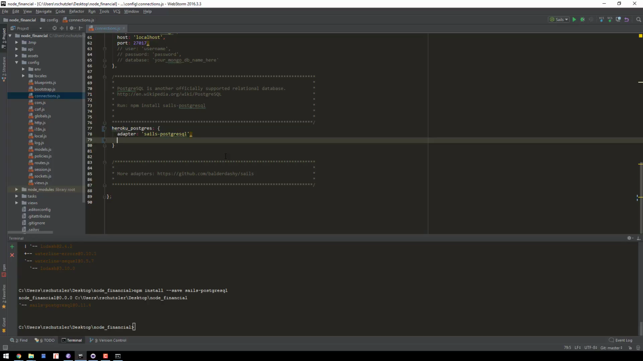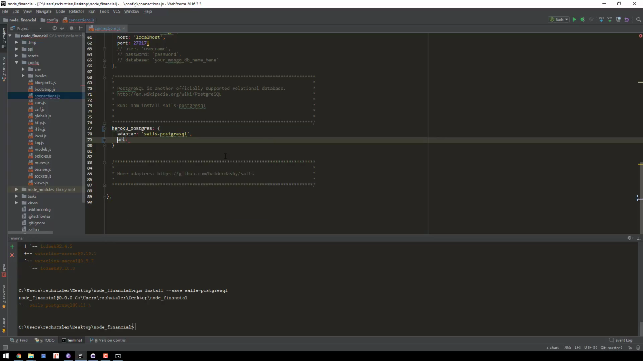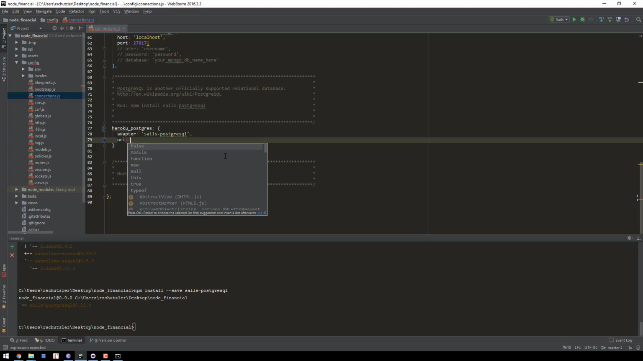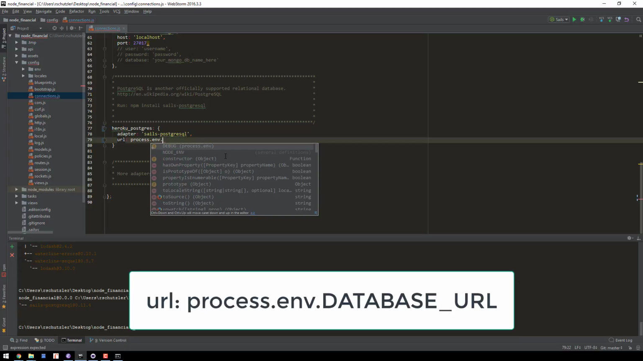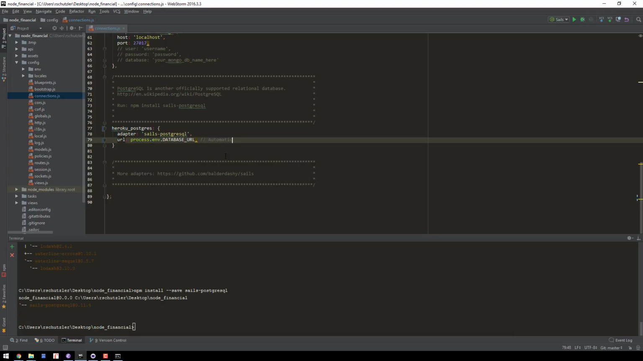But a better way to do it is to use that environment variable, because then if things change on the production end, we can automatically switch over to whatever other database we're using. So here we're going to access that environment variable under the name of URL, and we're going to call that process.env.database_URL. And that is, we'll add a comment here, automatically set by Heroku,